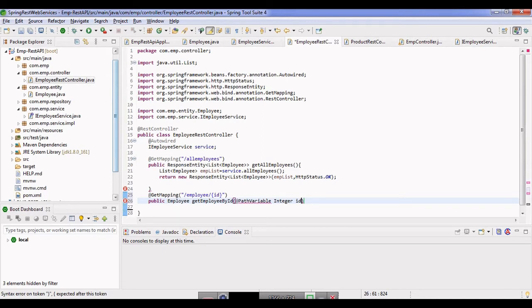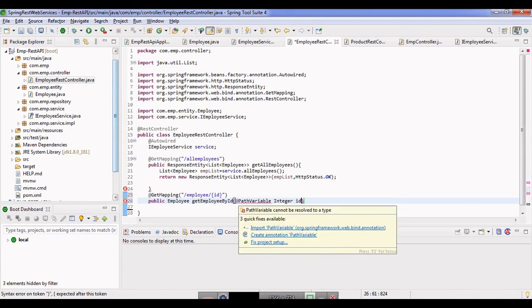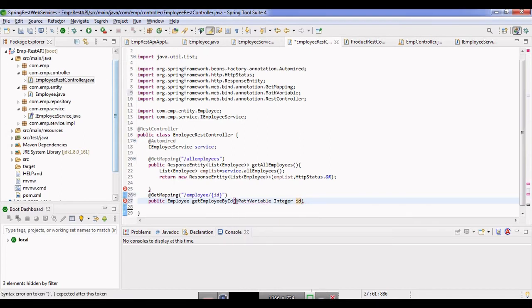Now in this case my path variable name and the method parameter name are both the same, this id. So I do not need to separately pass the path variable name as a value for the annotation. I can directly write it like this to shorten my code also. Okay, so I can write down my code here now.